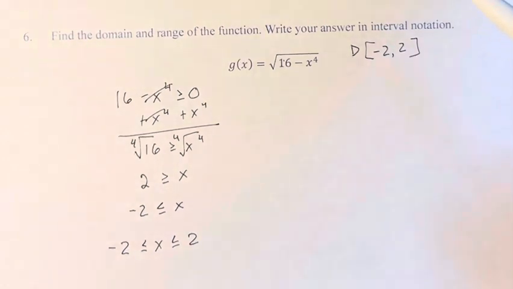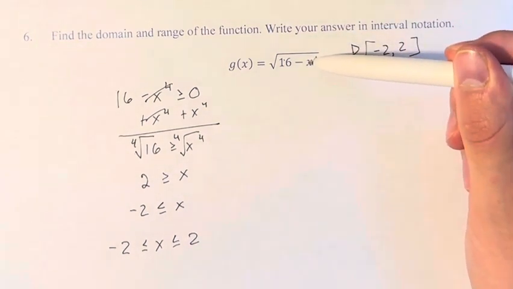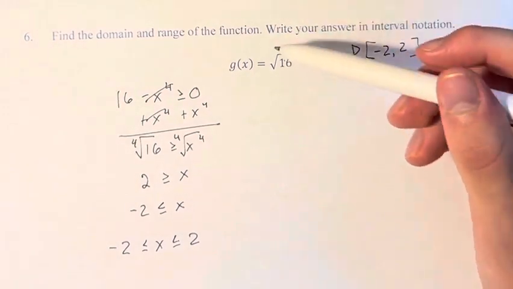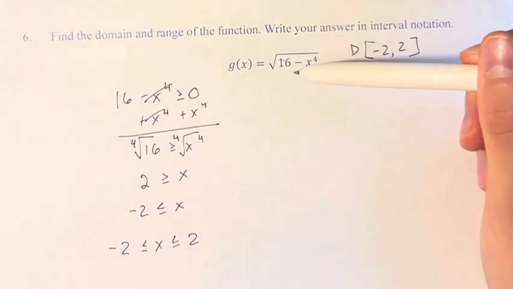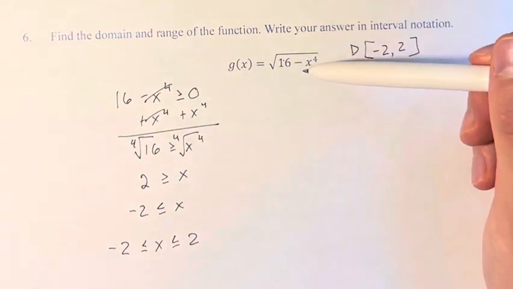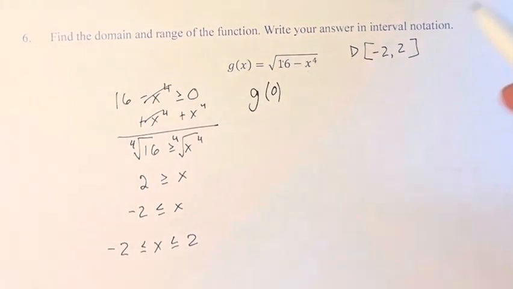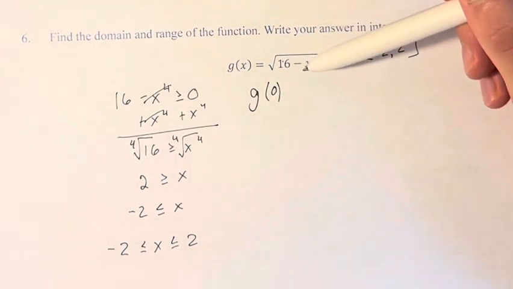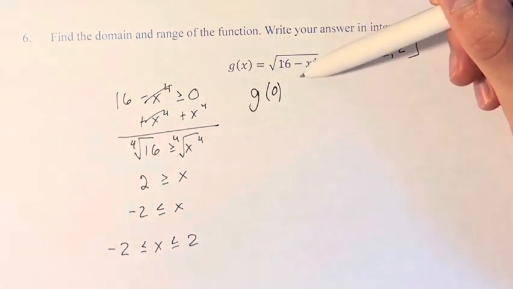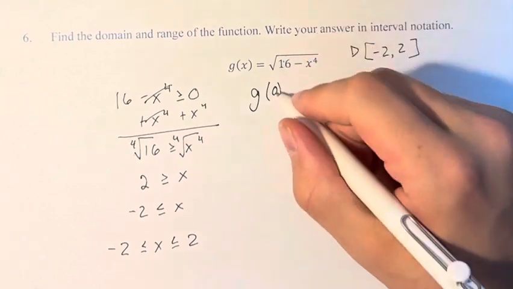And we can see, if you plot certain points, that as x gets closer and closer to 0, this is obviously becoming 16 minus a smaller and smaller number. We get closer and closer to the square root of 16. The maximum value of this function becomes g of 0. Because x to the fourth for any value is going to be positive, we want the smallest x possible, whether it's positive or negative, to be subtracted from 16, because then we get